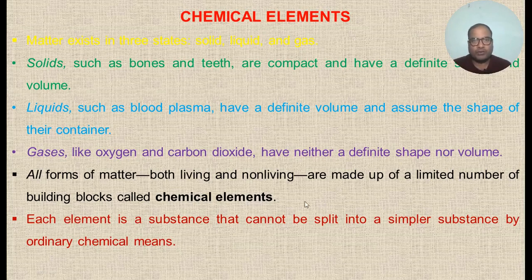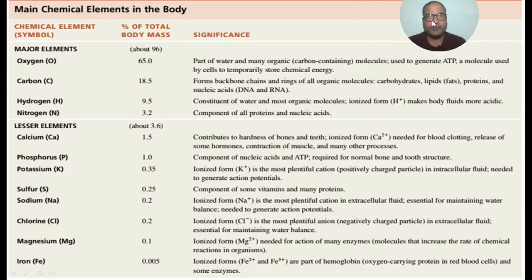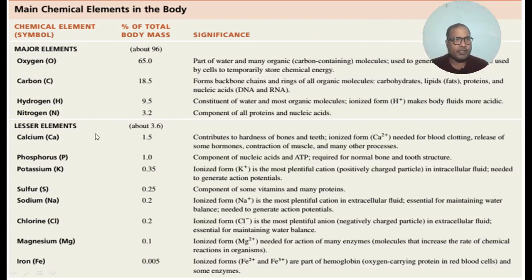So we are not going to discuss all these basic terms. You must have studied in your chemistry classes, or you must have knowledge regarding this. So over here I am only going to discuss the basic elements, that is main elements you can say in our body, which are present mainly like chemical element symbol: major element, lesser element, and also there are tracer element. So there are three types of elements. If I divide these elements,